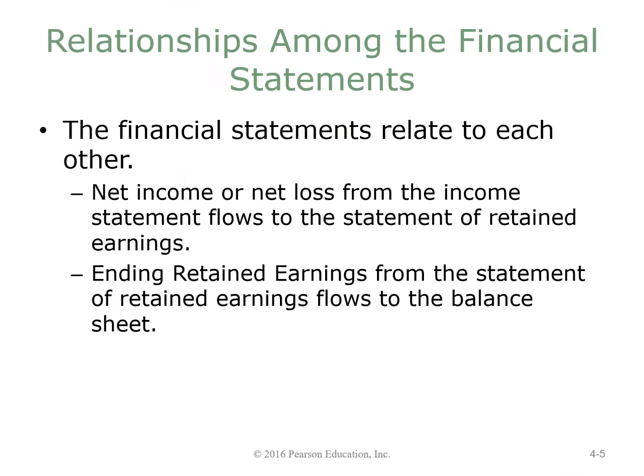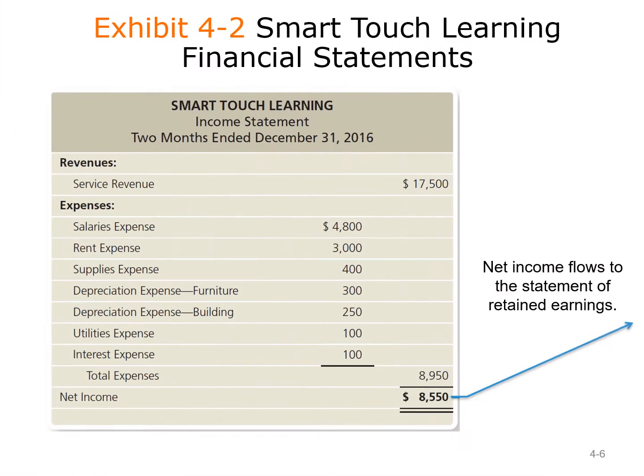Let's see what the relations among the financial statements are. The financial statements relate to each other, which means the net income, as we just said, or net loss from the income statement flows to the statement of retained earnings. Ending retained earnings from the statement of retained earnings flows to the balance sheet. Here we extracted these numbers from the adjusted trial balance. As you can see here, we have service revenue and then expenses, and we deducted the expenses from the service revenue, which is income, and this income will flow to the